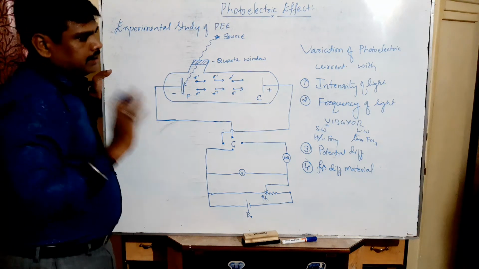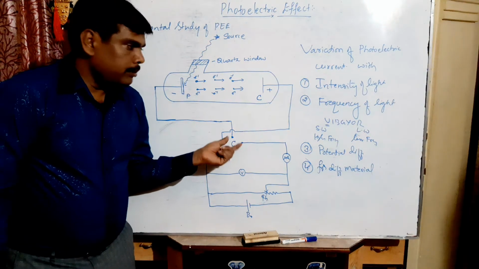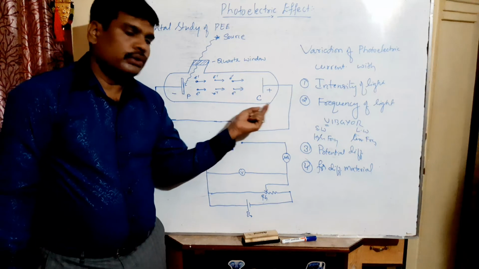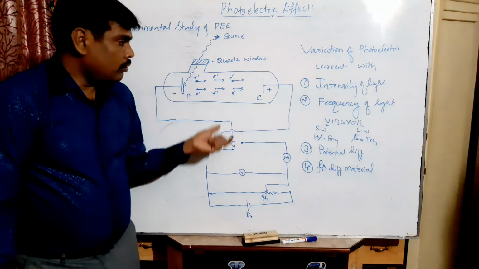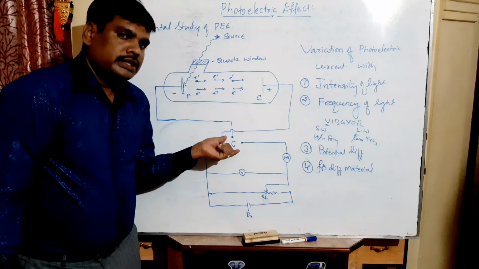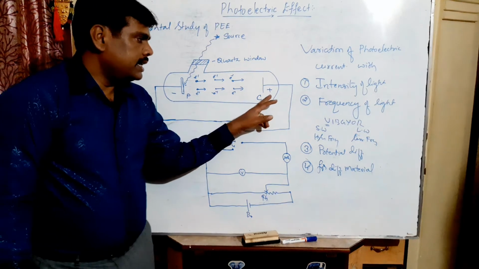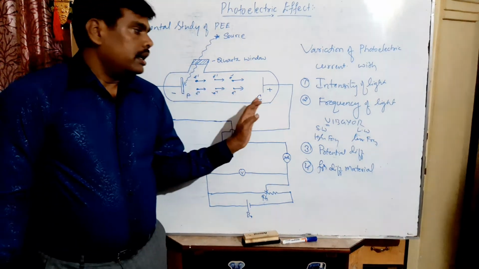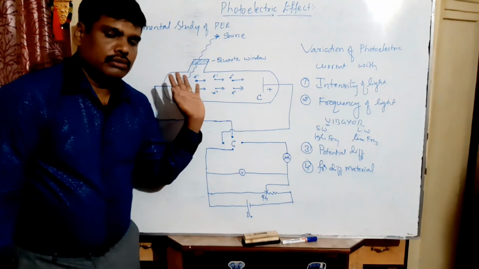If I want to vary the potential difference, so if I want a positive collector potential, a collector forward potential, the collector has to be positive, and with respect to the emitter it has to be negative. If I want to change the polarity, we can just interchange the positions by using the commutator. If this has a negative potential and this has a positive potential, that is what we call a reverse potential. Reverse means it is a stopping potential. I will explain that one also later.